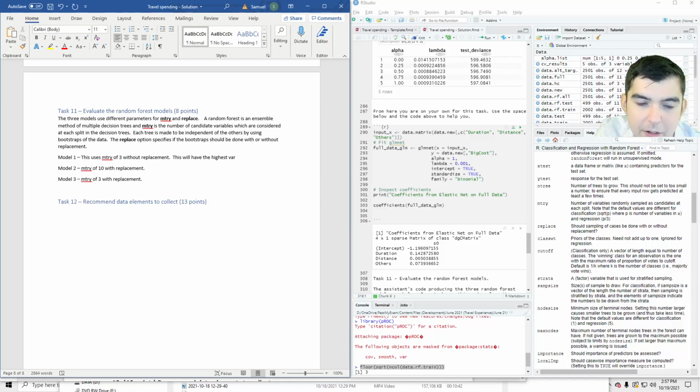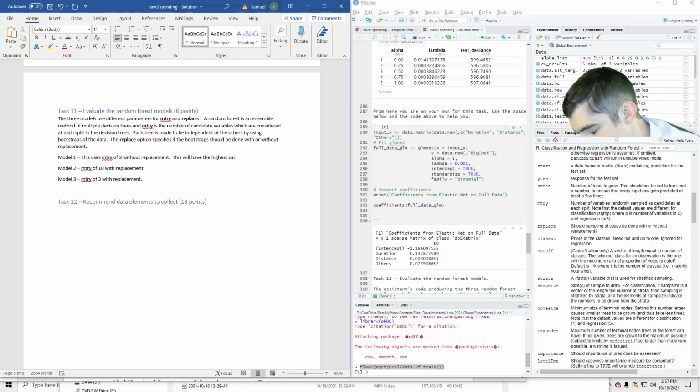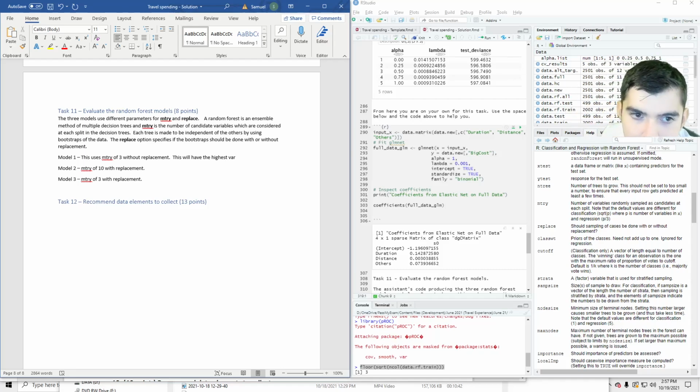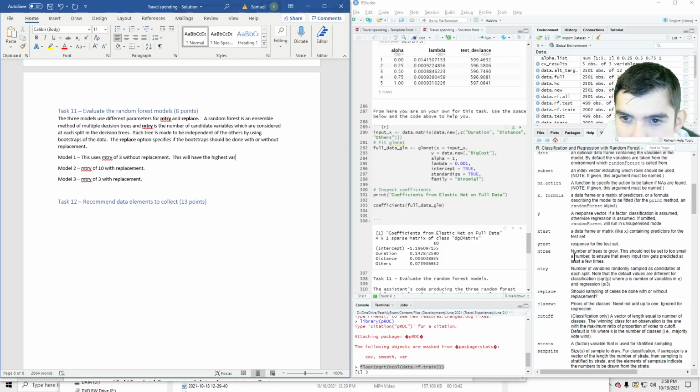That means you have higher variance, lower bias. And when you don't use replacement, it means that the trees are going to be, well, if you don't use replacement, wait, let's see,